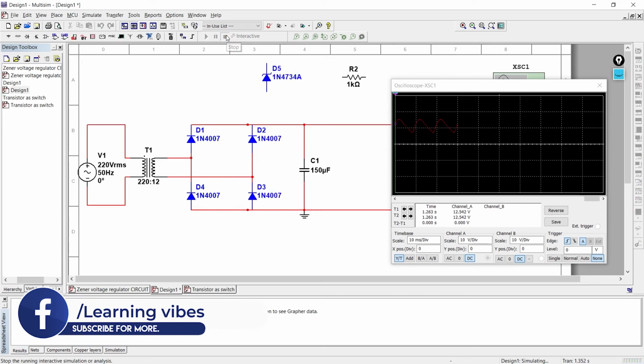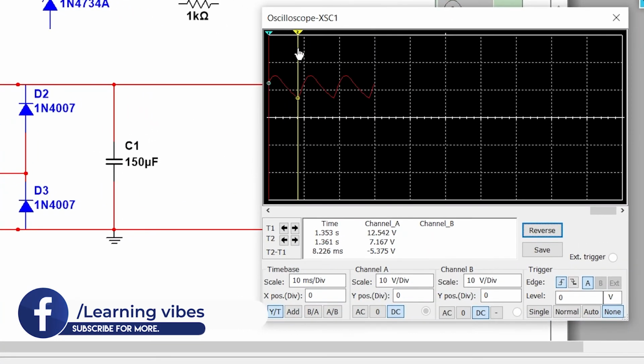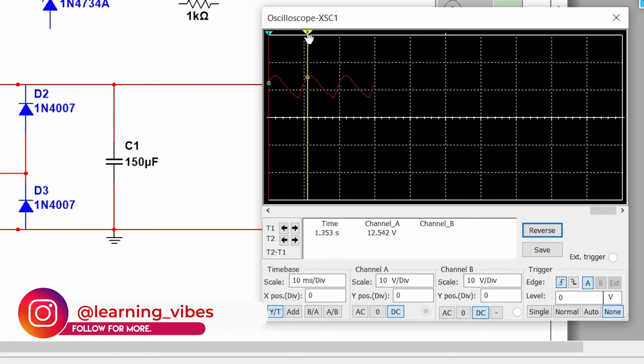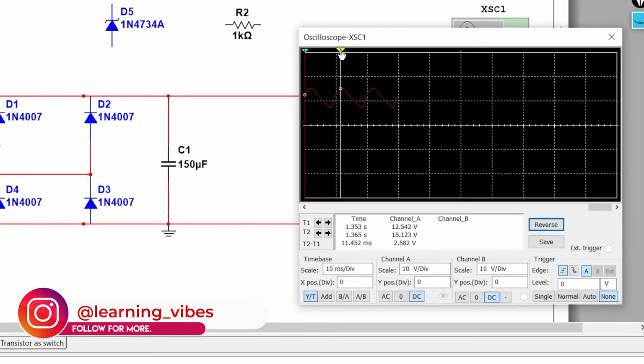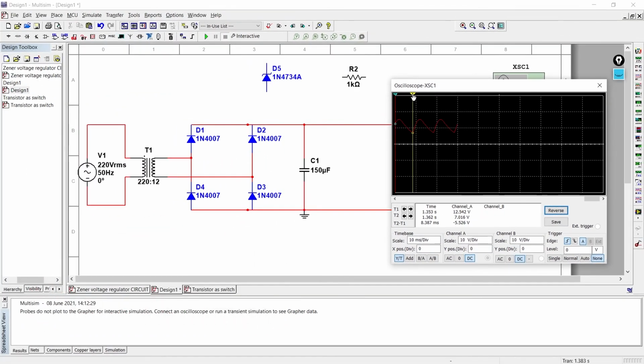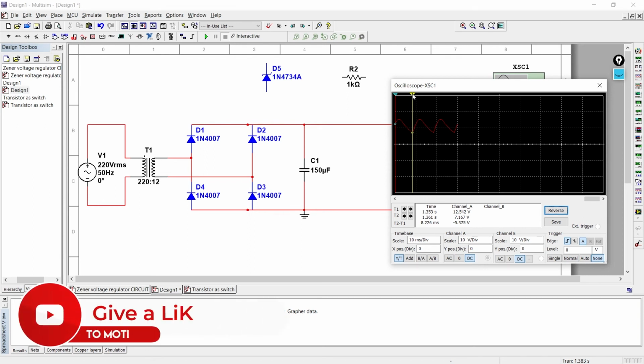Run it. Now let's check it. It's around 7.1 volt and the peak is at 15.1 volt. So peak is 15 volt and minimum is 7.5 volt or around 7 volts, right? So minimum is 7 volt and peak is 15 volt.